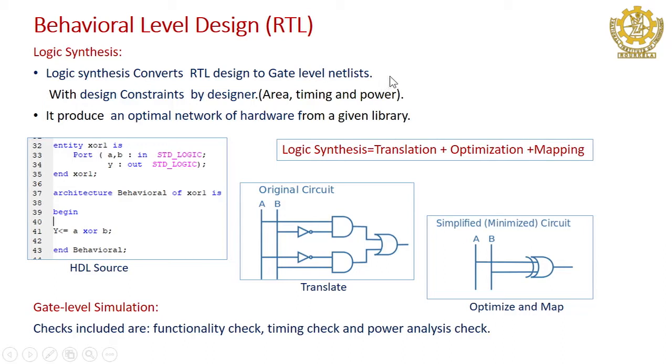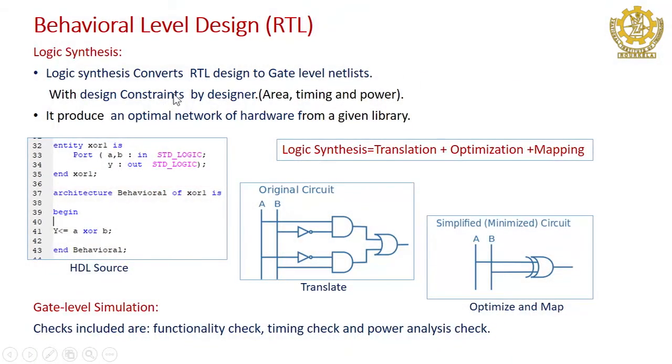I also told you many times that logic synthesis takes input as RTL Verilog code or VHDL code, and input from the libraries, like information about the gates and flip flops and their timing parameters or area parameters. At the same time, the designer can also give design constraints, like the timing requirement, the power requirement and the area requirement. So, in logic synthesis all these three pieces of information have to be passed.